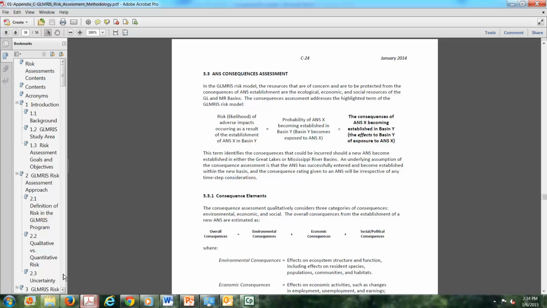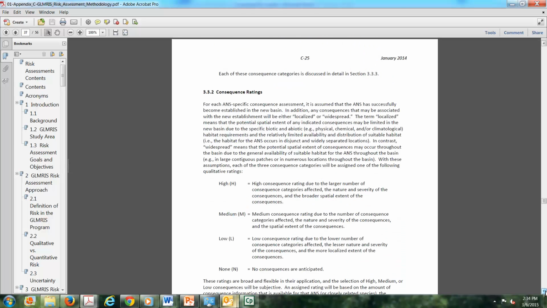That dose response step, its name has evolved over time. It's now more commonly called the hazard characterization. In our generic model that we're using in class, we call it the consequence assessment. So for the GLMRIS study, the consequence assessment is described here in this part of the risk assessment methodology report. What I would like you to see, don't worry about the details,